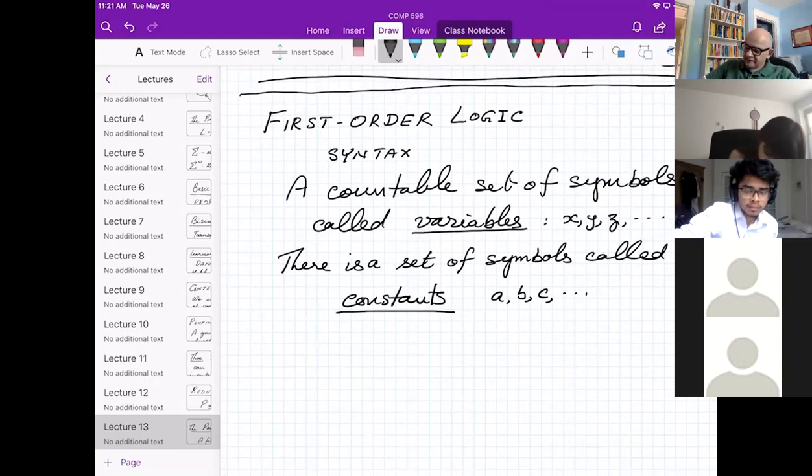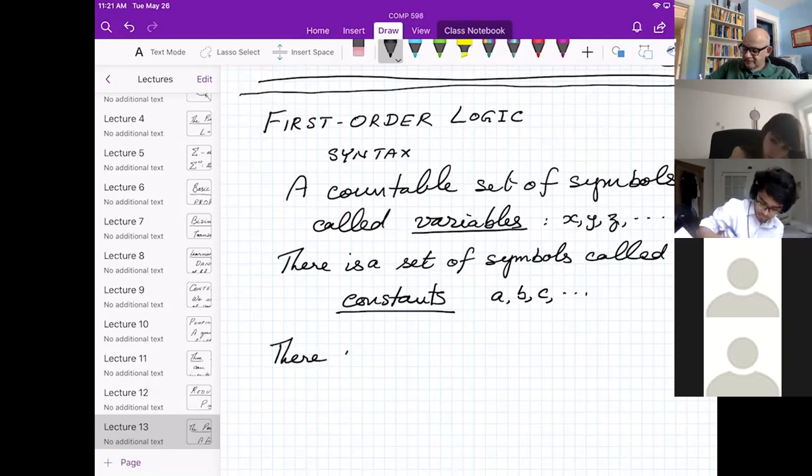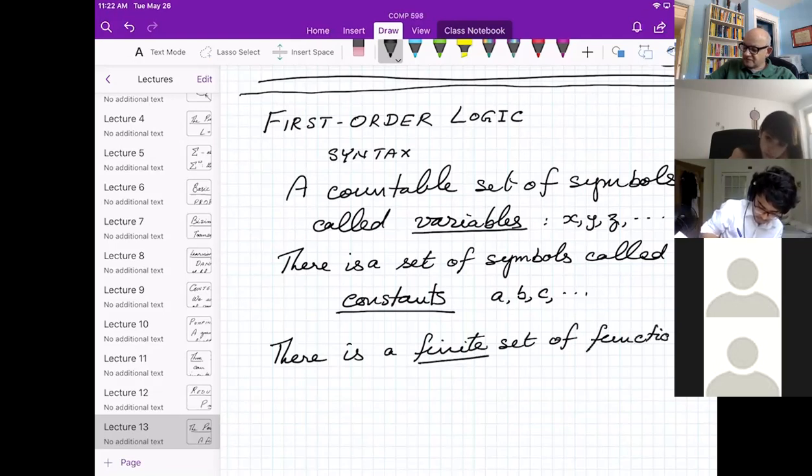So now we have things called function symbols. There is a finite set of function symbols. These are not functions, but I'm going to call them function symbols. They only become functions when we interpret them. Right now, they're just symbols.